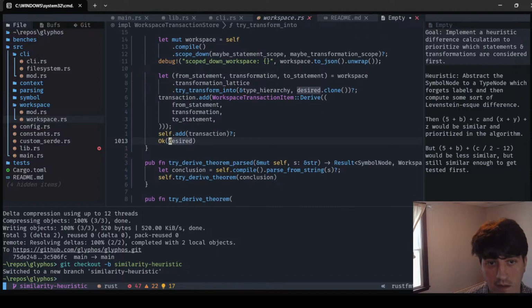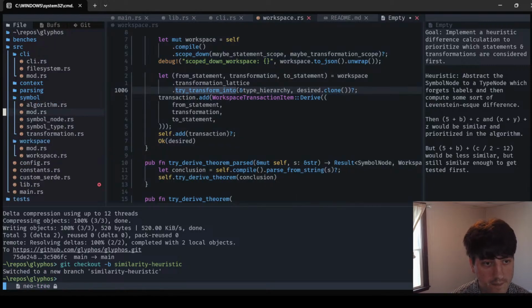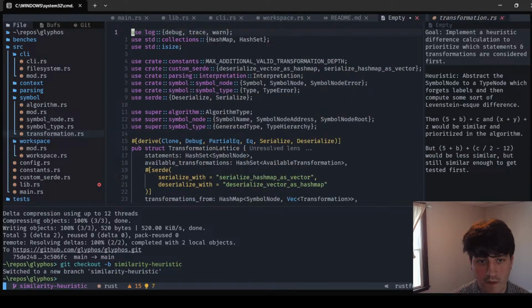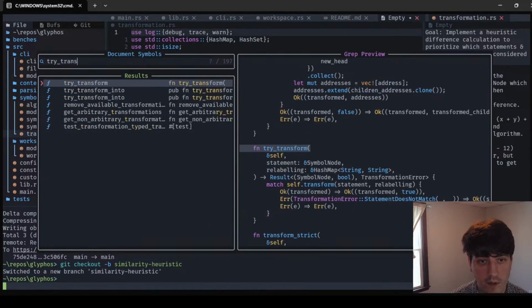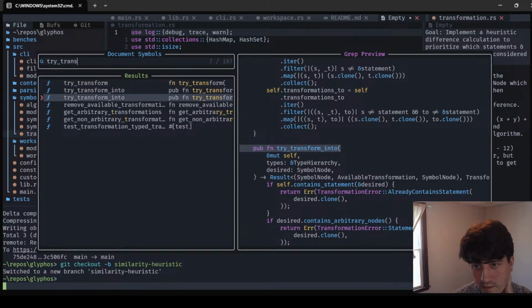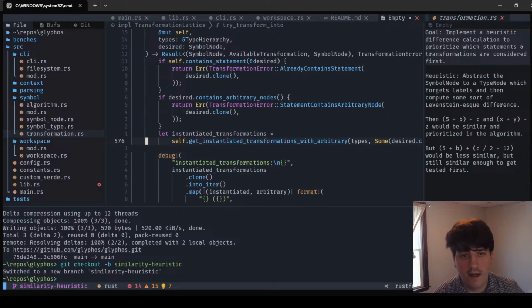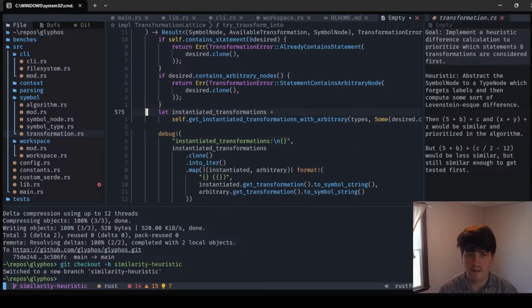So we scope down the workspace to just the statement scope and the transformation scope. And then we say, hey, transformation lattice, try to transform. Transformation lattice, try transform into, does some checks, and then does some instantiation